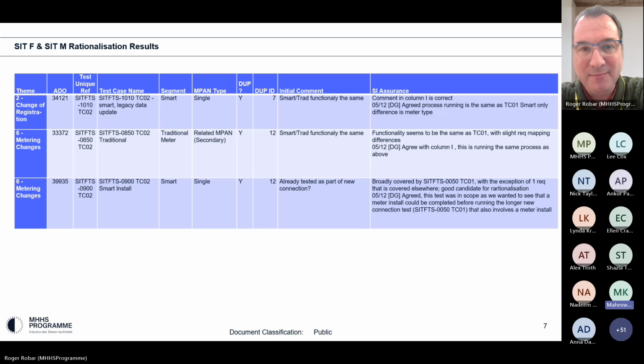So can I understand what the plan is for those 45 test cases marked as not applicable, and when we will get the reason for each and every test case being marked not applicable? May I ask for your patience, because I think we'll cover a lot of that in the next few slides.